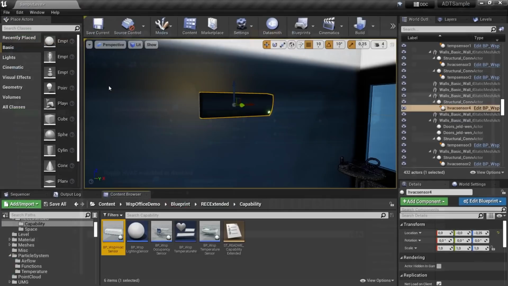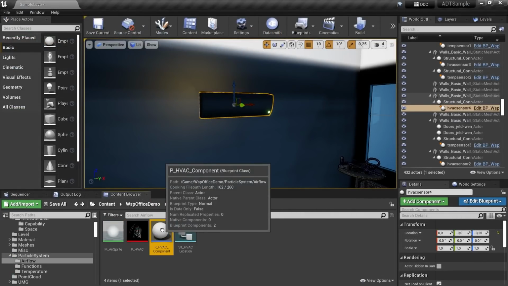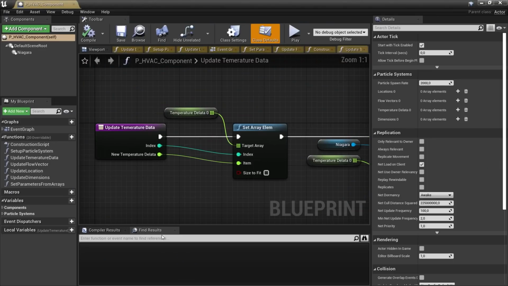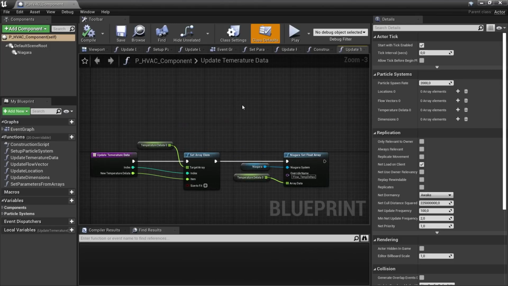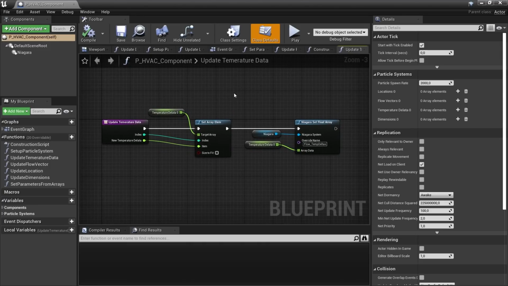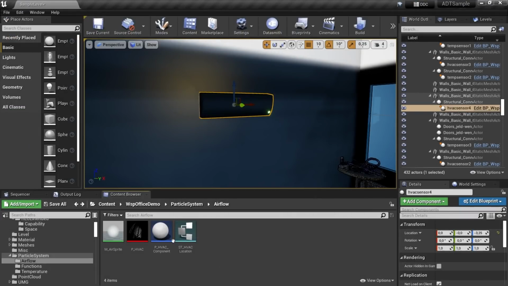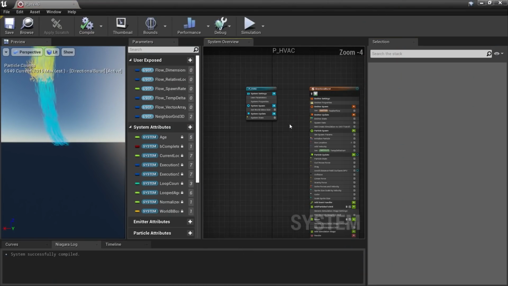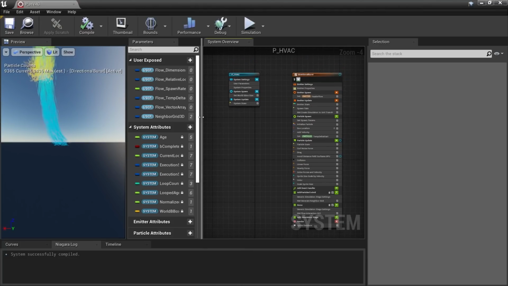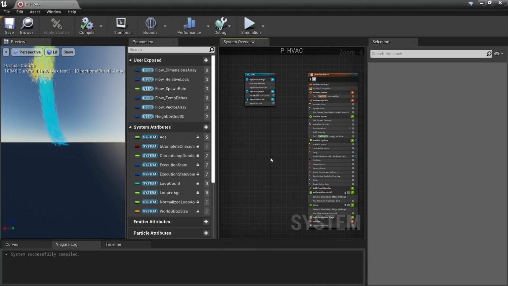And then the particle system itself is in a blueprint that has events that are triggered by the interfaces to update, and then the flows and the temperature values are being set there. From there on, we can have a look in the particle system itself, and that on first glance looks similar to the temperature one, but it has a bunch more parameters coming in.